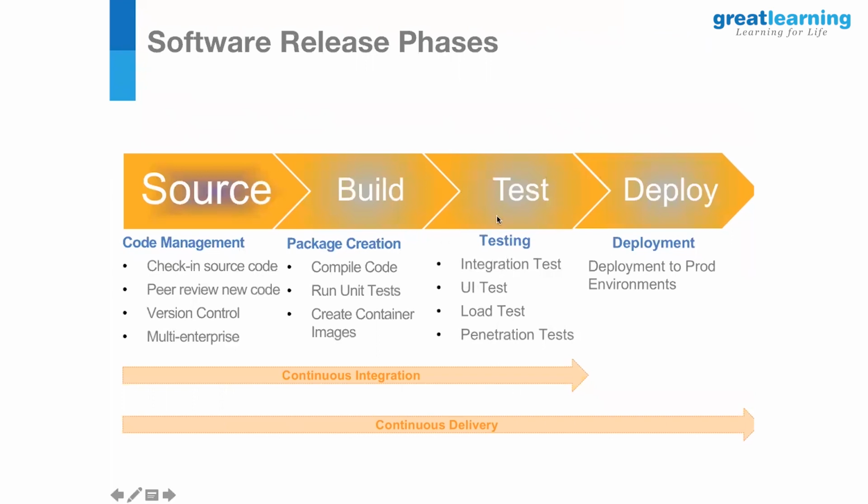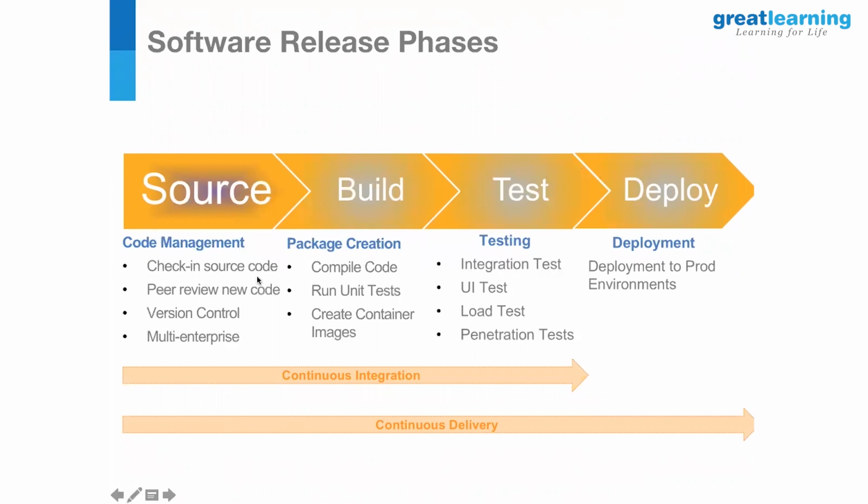Next, what you see here is test. Here you will perform the integration test, UI load, stress test, or penetration test, whatever kind of testing you have, and these integrations are with third-party tools. Many times, AWS CodeBuild itself can be used to combine both build and test. The third one is deploy. In the deploy phase, the package generated in the build phase will be deployed to the target environment, be it your dev environment, QA, pre-production, or production environment.